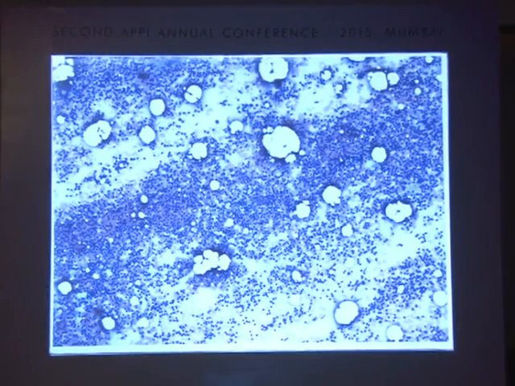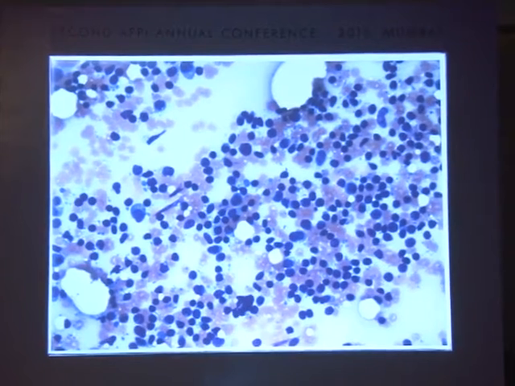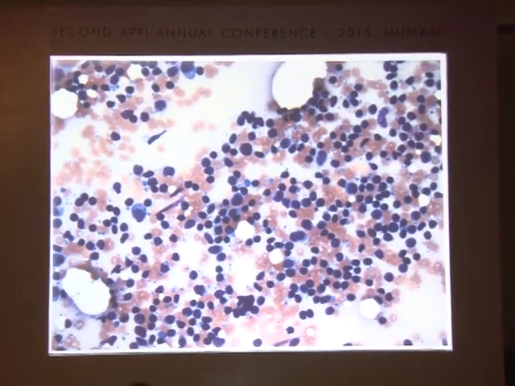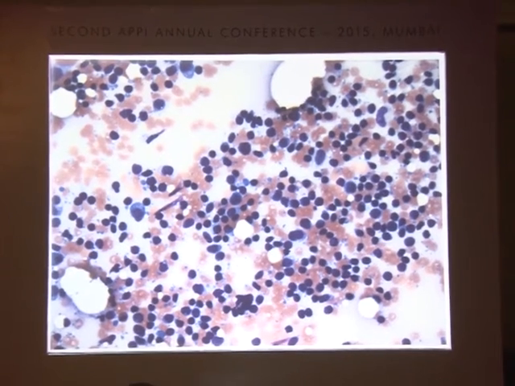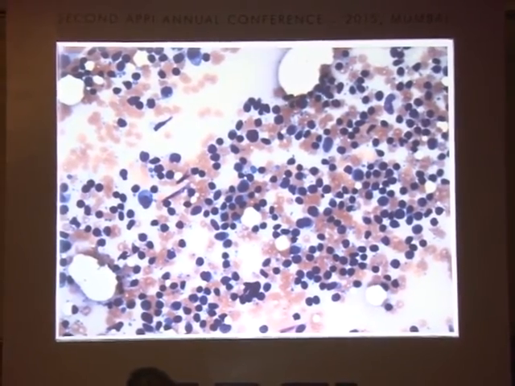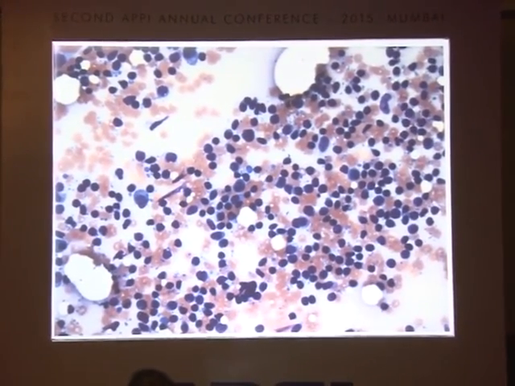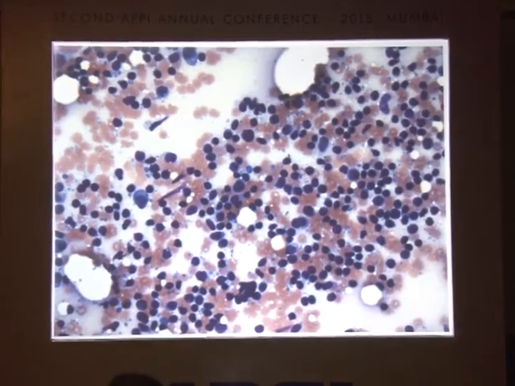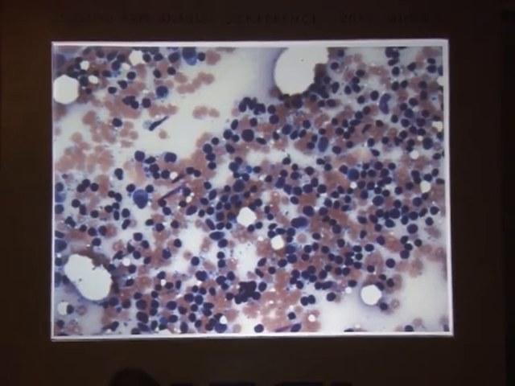This is a low power view. I'm sure many of you will be more experienced than me in lymph node aspiration cytology, but my take is, when I look at a lymph node, I look at the polymorphous sizes: small, large and intermediate size. I think I'm dealing with a reactive node, unlikely to be a lymphoma. If I find some eosinophils coming up and RS-like cells, possibly Hodgkin's. Otherwise, if the node shows small, large, intermediate, immunoblast, mixed, nucleolated cells, mononuclear, most likely I'm dealing with a reactive node. But it can still be a lymphoma, but most likely a reactive node.